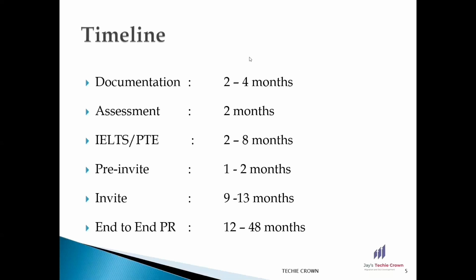Let me summarize the cost effective ways for you. First one, always do the language test first. Secondly, avoid booking or cancelling at the last minute. Thirdly, always take the mock test before you appear for the language test. And coming to the assessment, always provide proper documentation to avoid a negative outcome so that you can avoid any reassessment. Then choose the right agent. And finally, be aware of the miscellaneous and hidden charges before you start the PR processing.